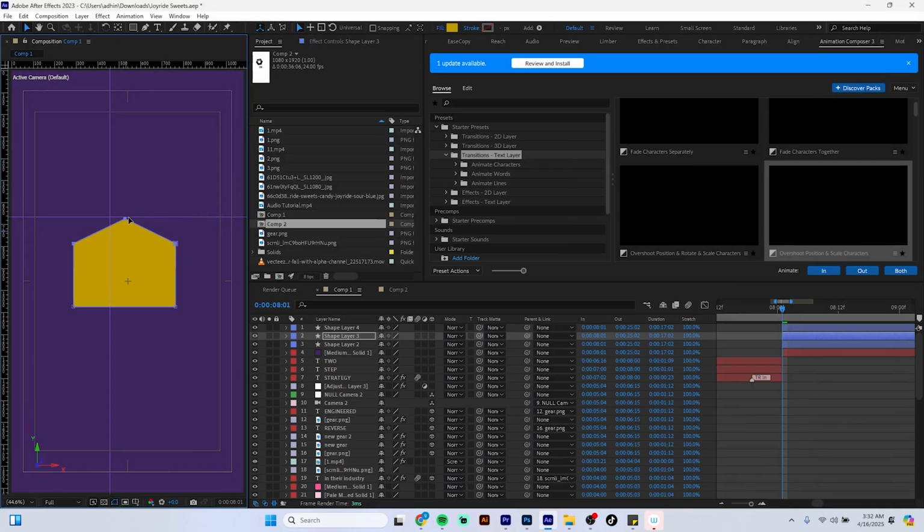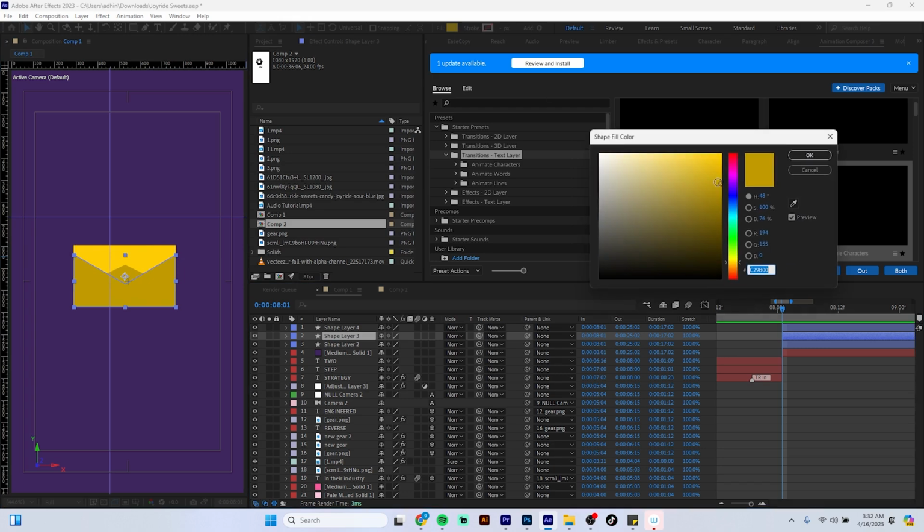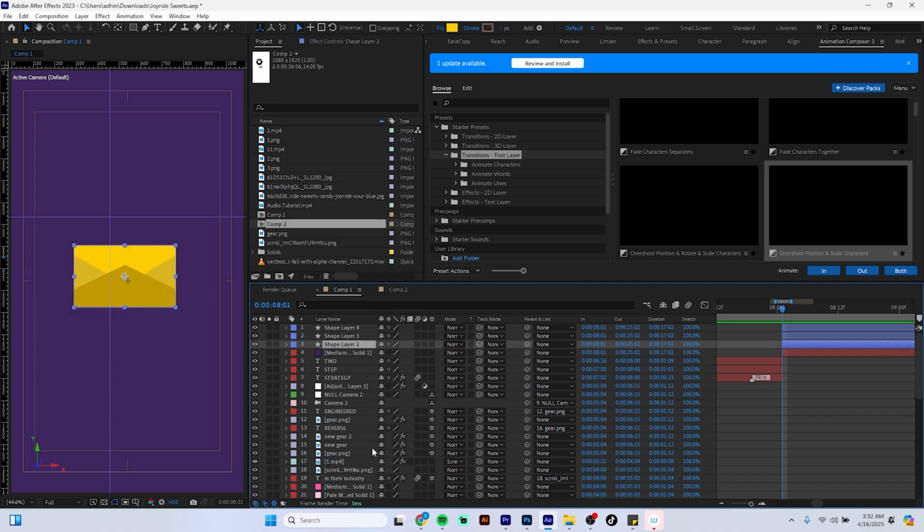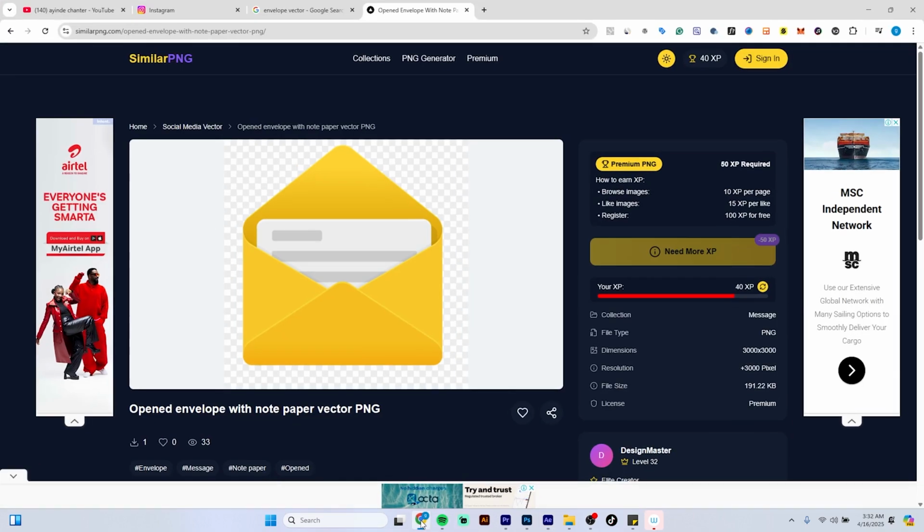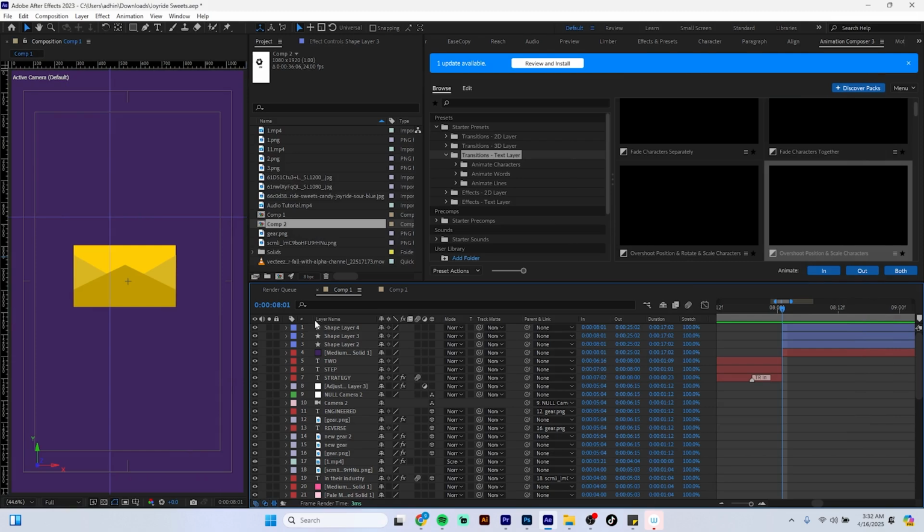Move it like this and then drop it down. So this is the part of the envelope that is open. We're going to make the color lighter a bit. Okay. And this one is on top. So I think that's okay. Then we are going to bring the